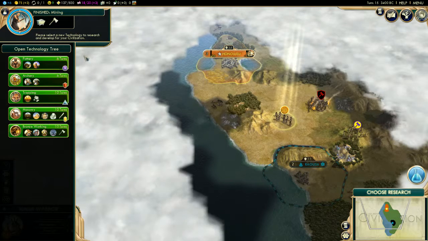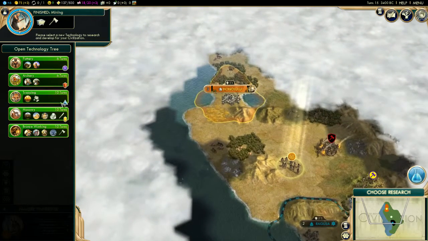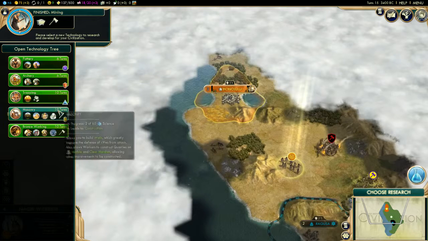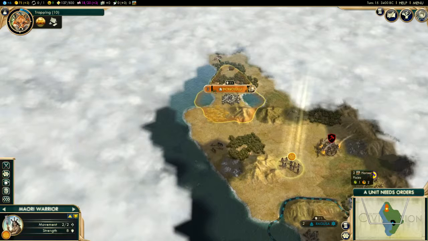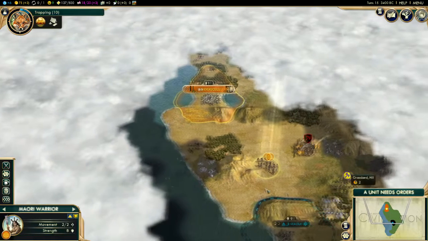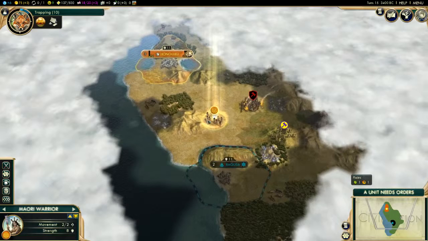As for what I pick next, I think that right now our main priority has to be resources. So it's going to be trapping or masonry. And I'm thinking trapping at this point, since we have actual animals just sitting around here within range of Honolulu. It makes the most sense to actually do trapping, since that's the resource that we have at hand. So I'll pick trapping, and now we have a unit that needs orders, and by a unit I mean my